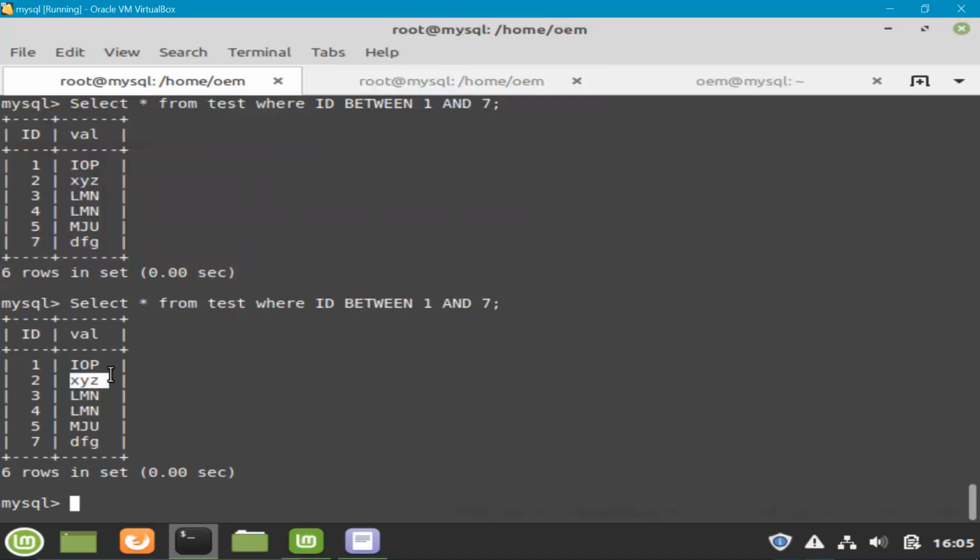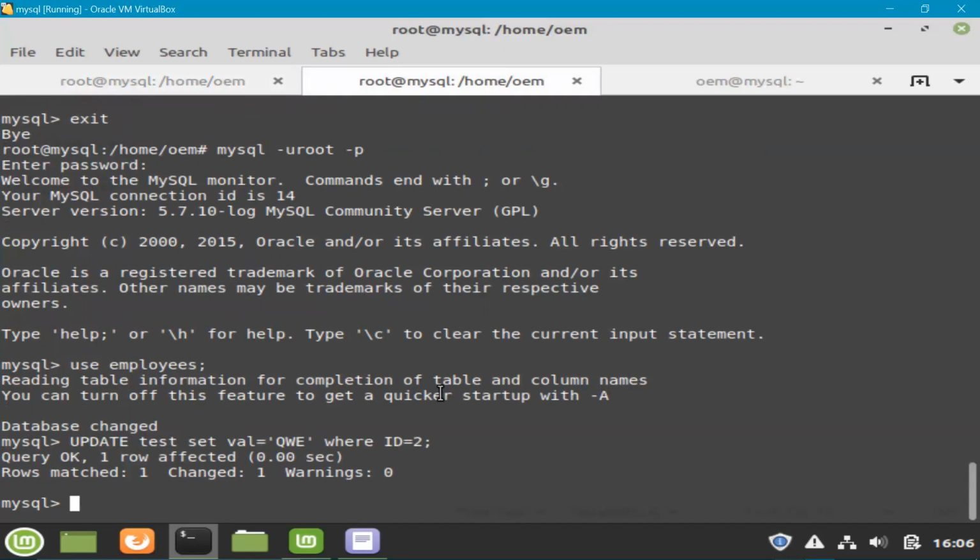But this isolation level also has one problem, which is phantom read. So the problem of non-repeatable read has been resolved. The isolation level read committed had the problem of non-repeatable read and phantom read both. This time you don't have the problem of non-repeatable read. You are getting the repeatable read, but still you have the problem of phantom read. Now, what is phantom read? Let me go ahead and tell you by an example.